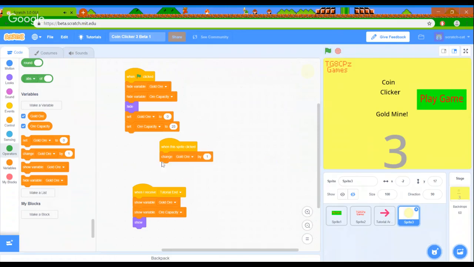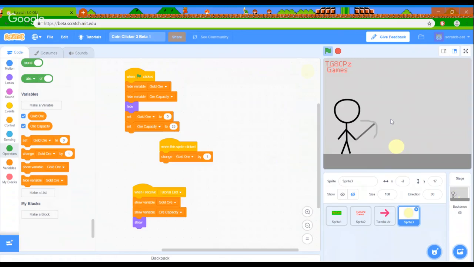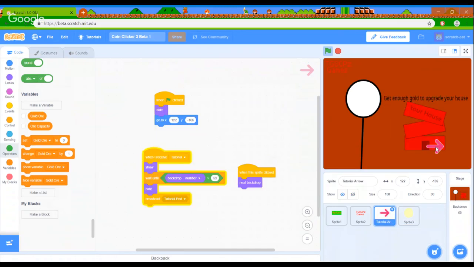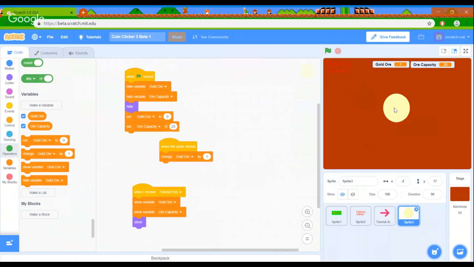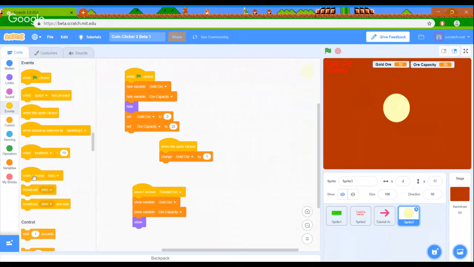So when the sprite is clicked, we change the gold ORE by 1. Well, there's one problem. It's not because of the add. It's not because of the arrows. It's because of one major thing. We keep clicking the gold ORE, right? But suddenly, it goes over the ORE capacity. What we can do to fix this is when I receive tutorial,